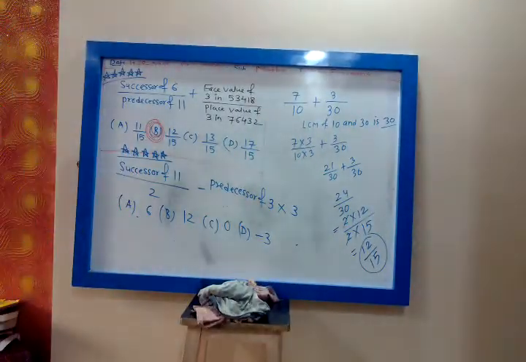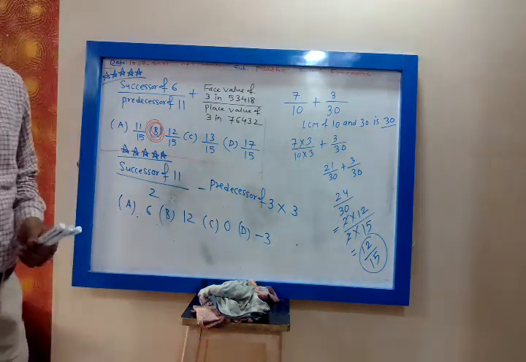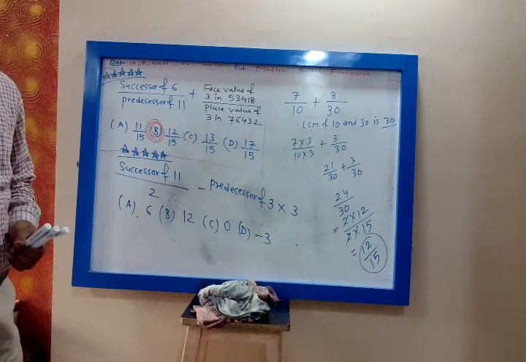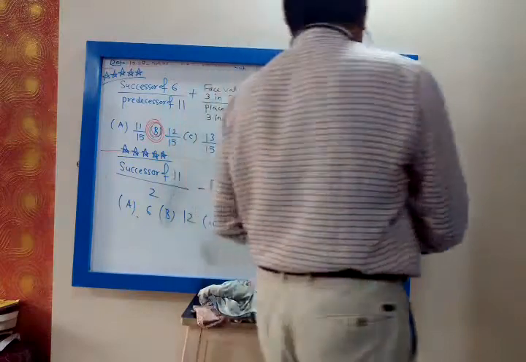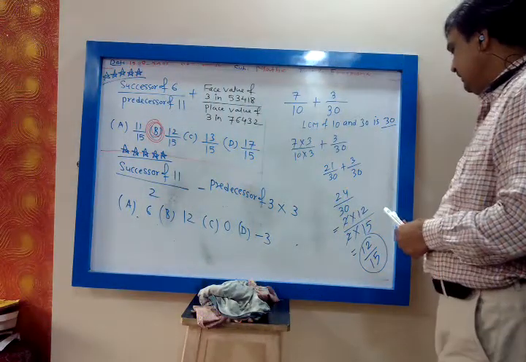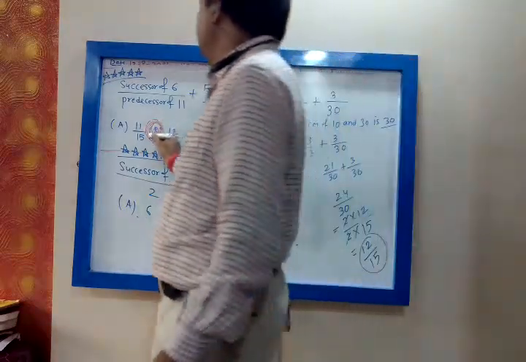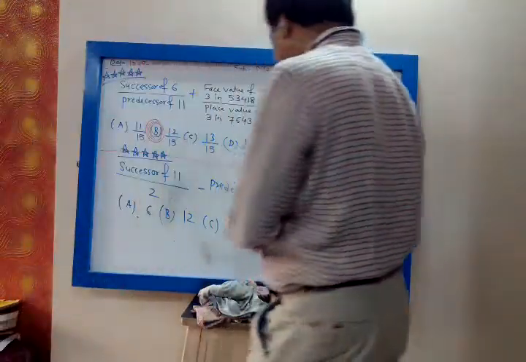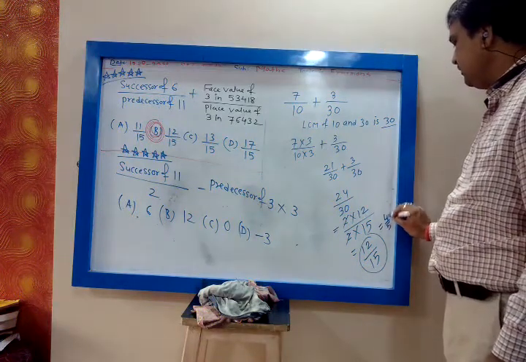Yes, my dear. Answer is yes, my dear. Yes, 4 upon 5. 12 upon 15 is one of the answers. You can divide by 3, but 12 upon 15 is the answer, so that is the answer. If the answer is given as 4 upon 5, then the answer will be 4 upon 5. Okay?